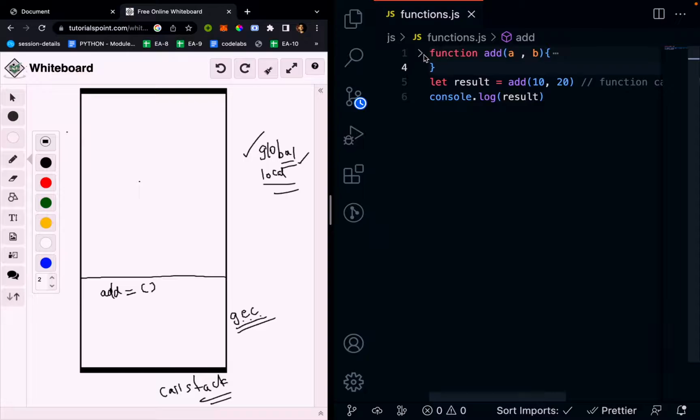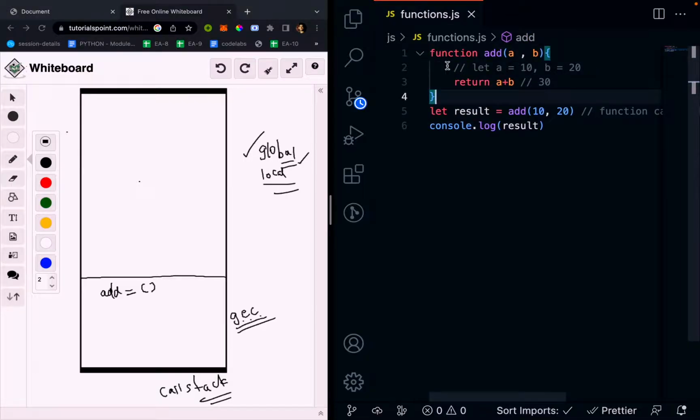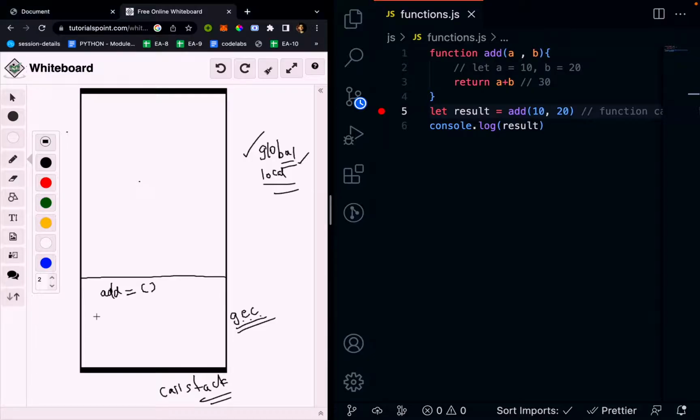Now you might expect after line number 1 it is going to execute line number 2 and then line number 3 and so on, but no, because this is a function definition. This will not be executed until and unless we make a call to it. So this is just a definition, right? So after line number 1, which is the declaration of the function variable, the control directly jumps to line number 5, which is not inside this function. And then at line number 5 we declare another variable called result,